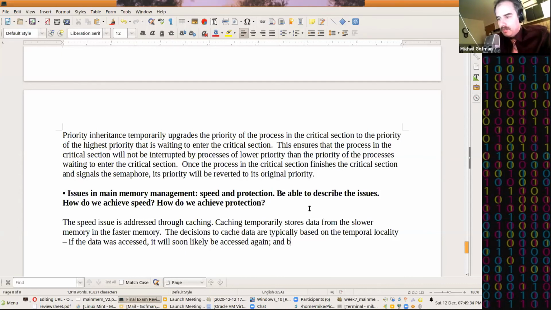Again, and based on the spatial locality,